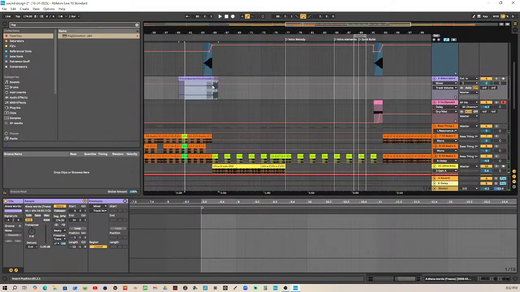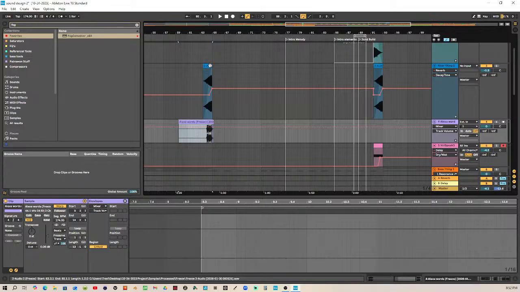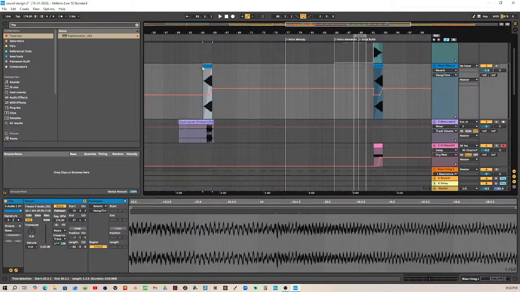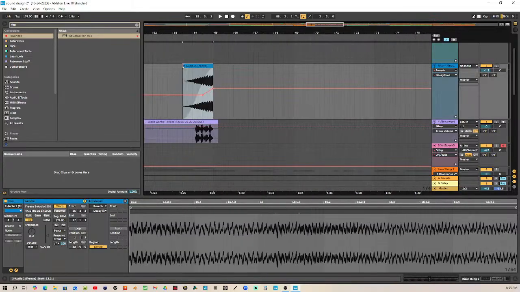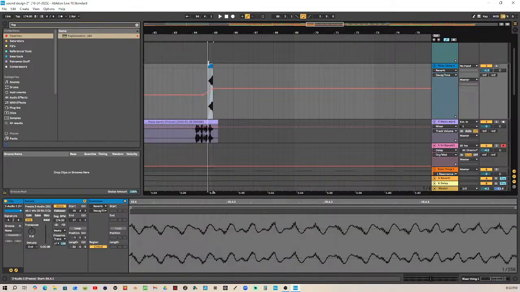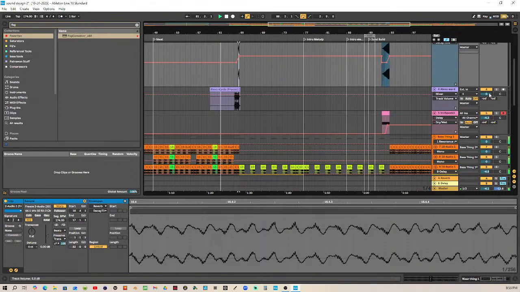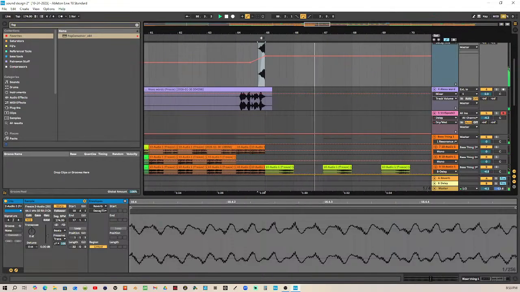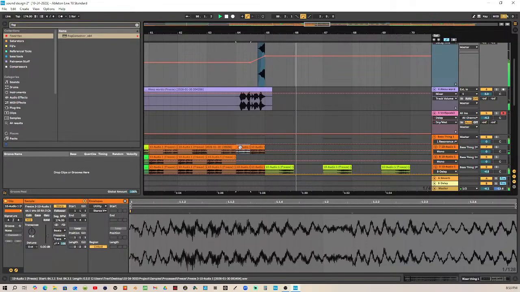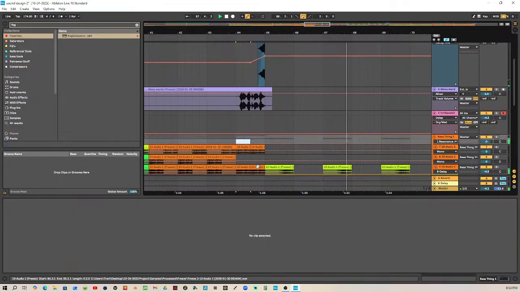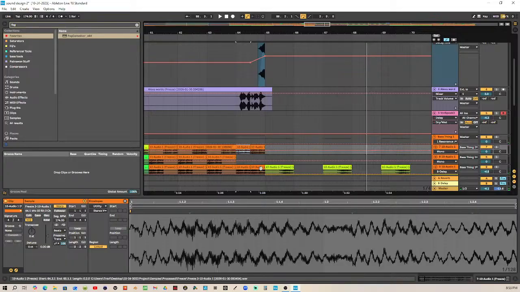That was fucking sick. I'm gonna just go ahead and turn this off. I mean, that's just how sick that was. Let's see here. I mean, I really like that reverb tail, but okay, hold on a minute.